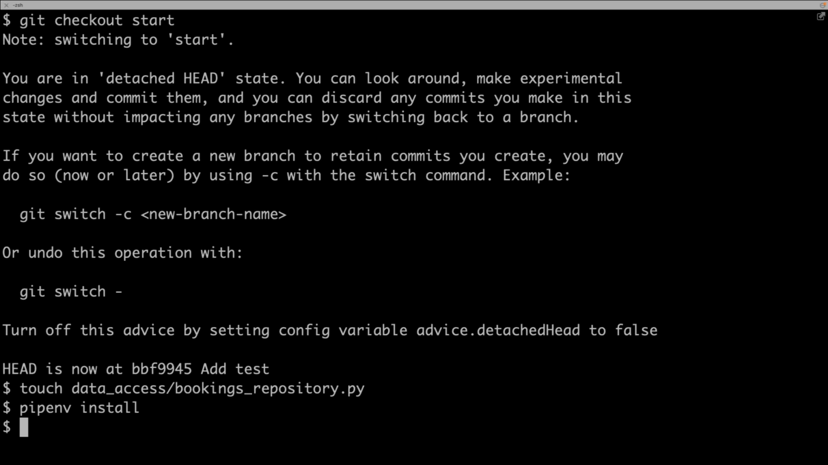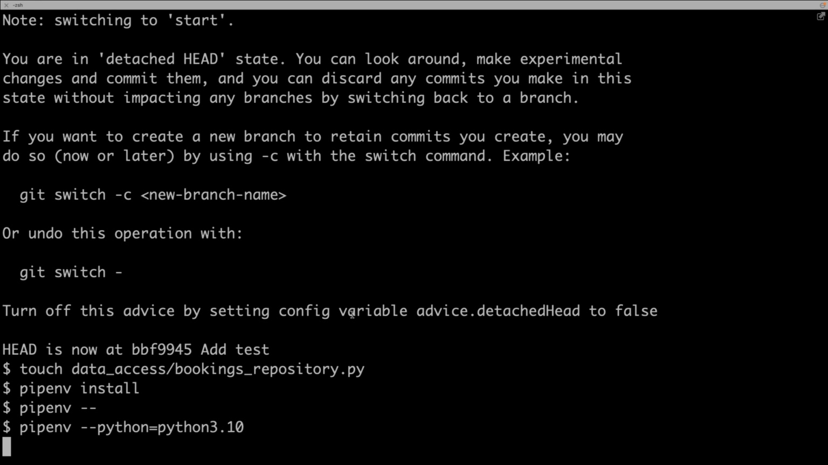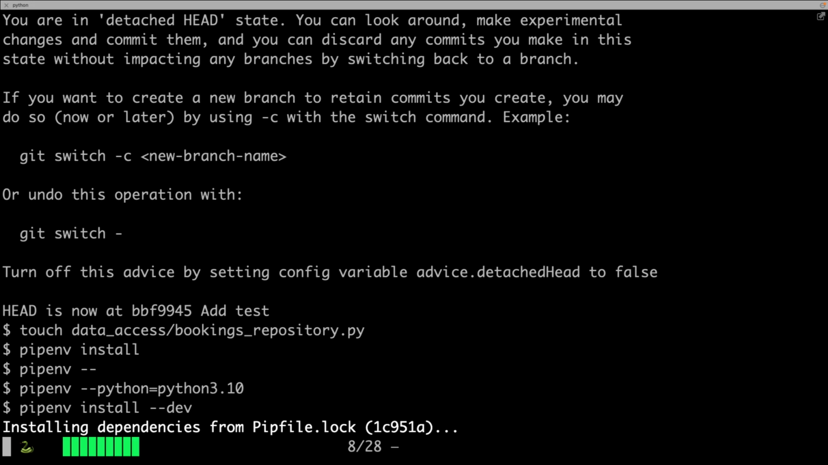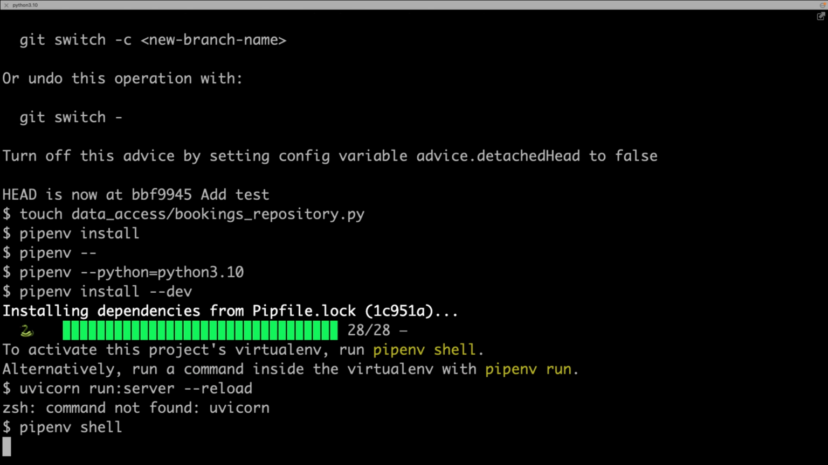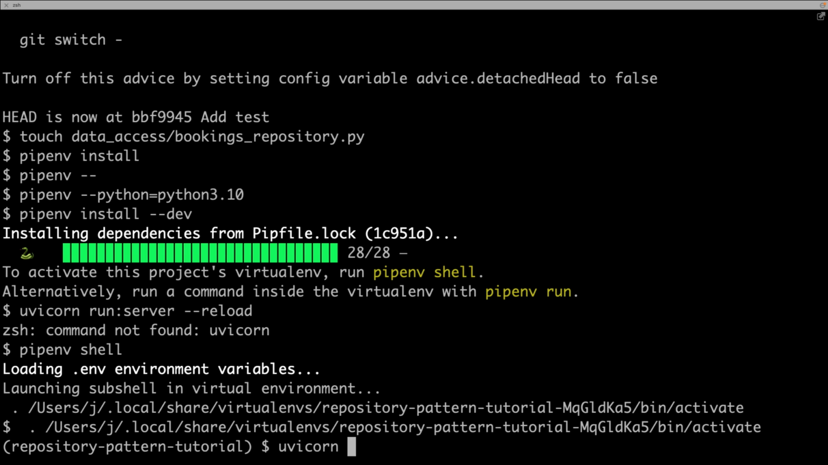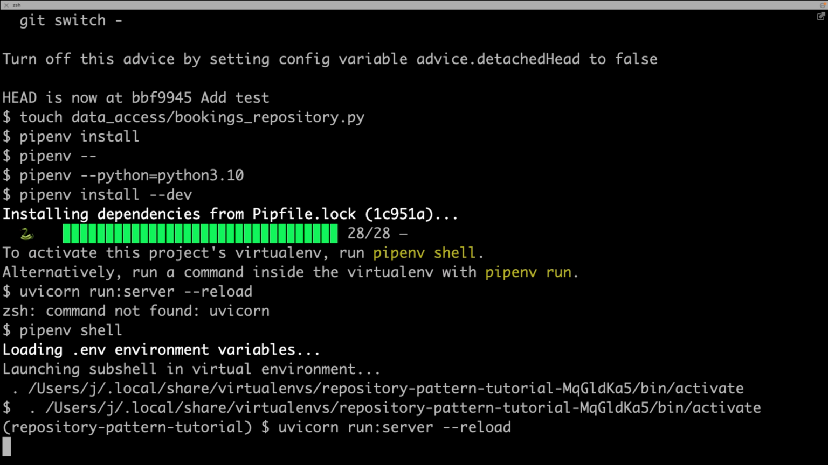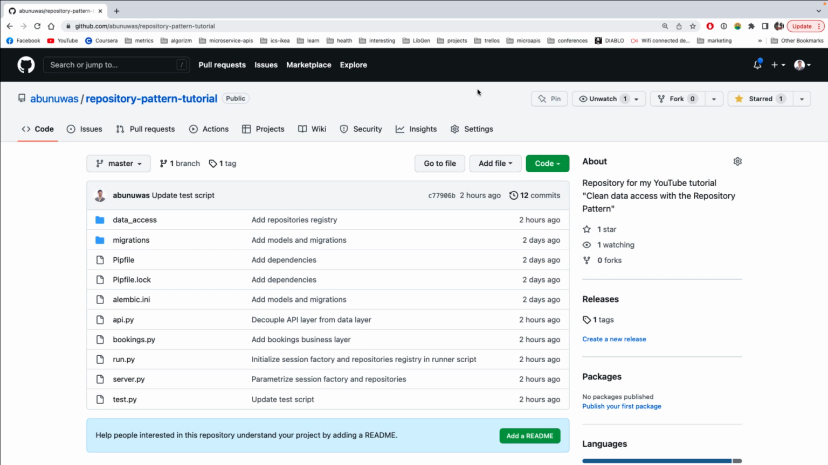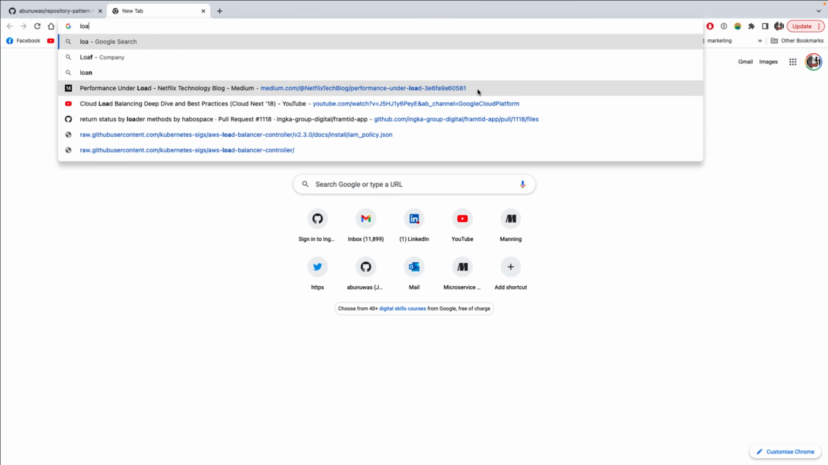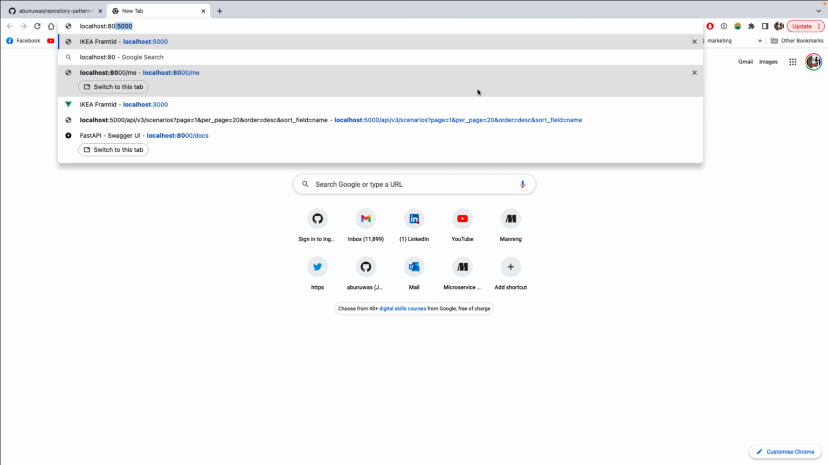We're going to create the virtual environment first. So we're going to say pipenv Python 3.10. Then we're going to say pipenv install dev. And now we're going to say pipenv shell and uvicorn run server reload. Okay, so the server is started. Let's do some queries here. We're going to localhost 8000